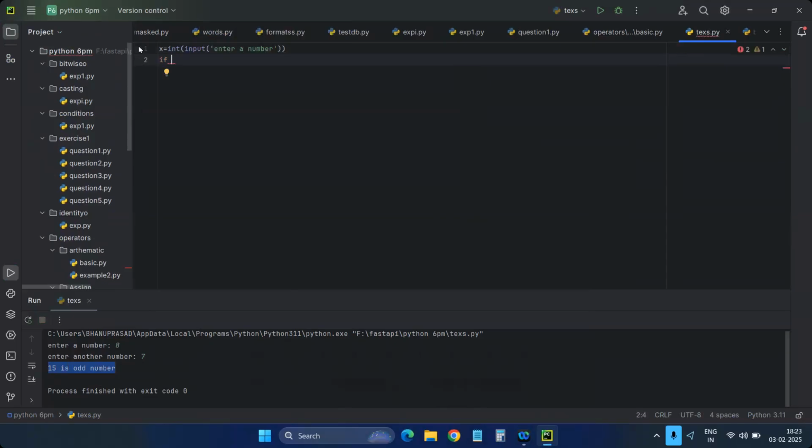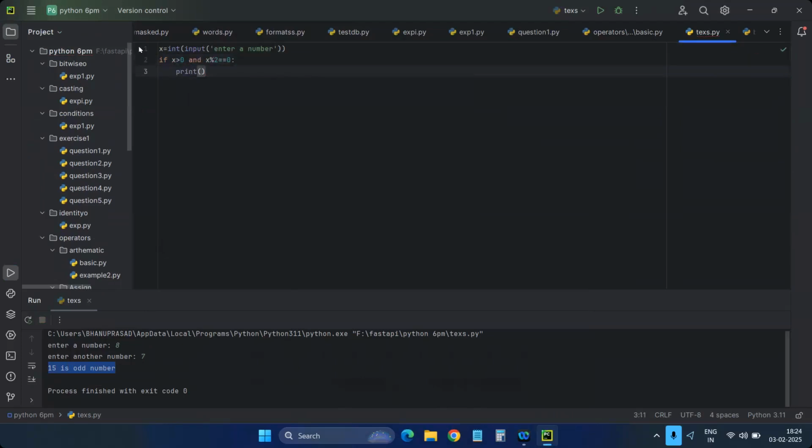If I give my input as 4 or 6 like that, I should get my output as a positive even number. If not, I should get negative even number. Let's see how we can do this. If x is greater than 0 and x % 2 equal to 0,